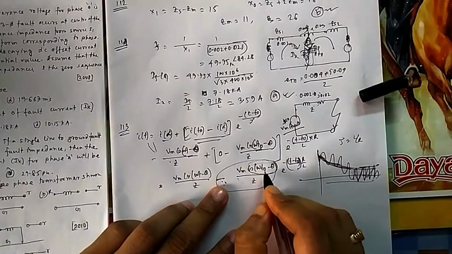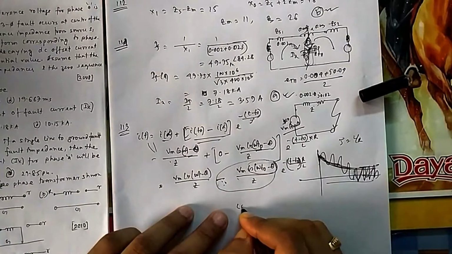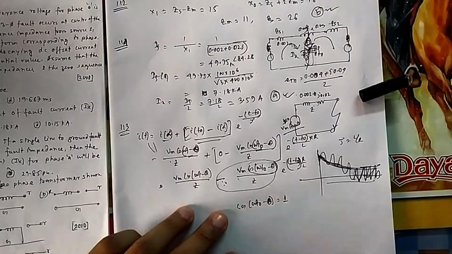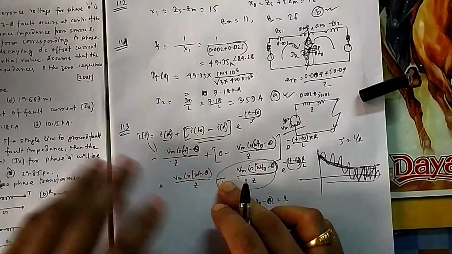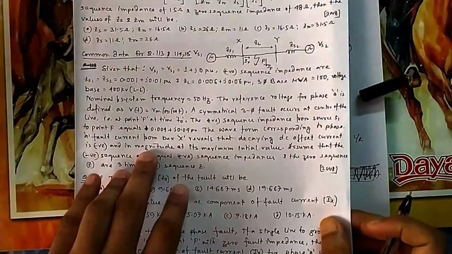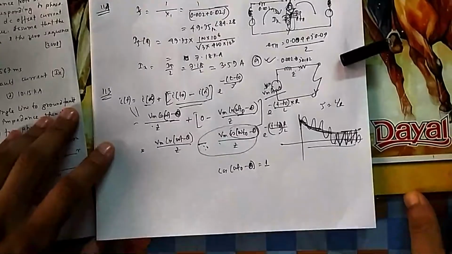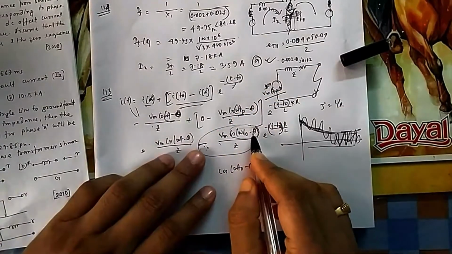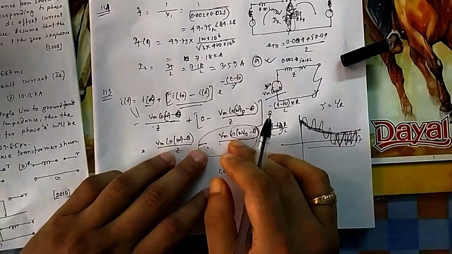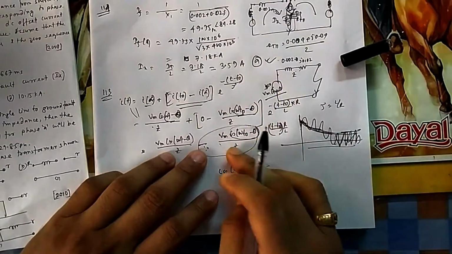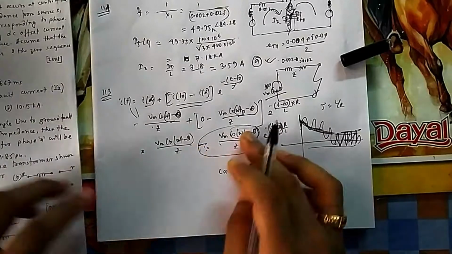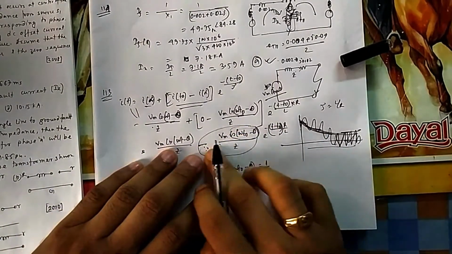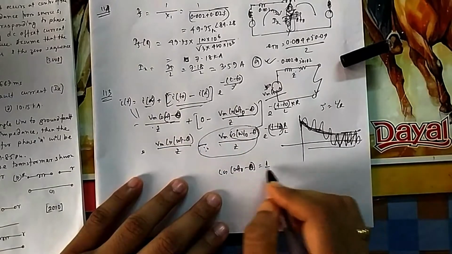That is from where you will get this answer. So your cos(omega t0 minus alpha minus theta) should be equal to 1. It cannot be minus 1, then it will be positive, but they are asking that it should be negative. So it should be only plus 1. That is the extreme value. Cos can have an extreme value of either plus 1 or minus 1. If you think of minus 1, then it will be plus something, more positive. But they are asking for negative, so negative peak, it should be kept as 1 only. Then this minus will be maintained.